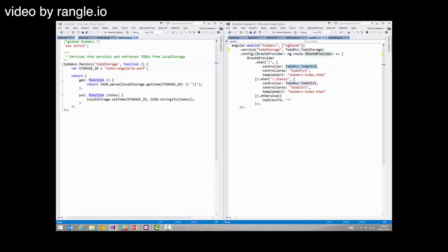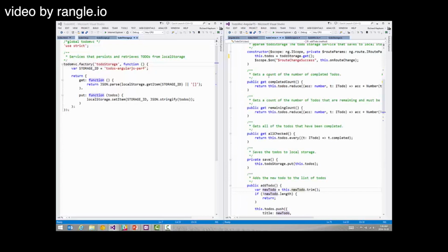So this is where we're saying the controller is the to-do MVC to-do controller, and we're using the controller as syntax. This just makes it a little bit easier to understand what's binding to what when we look at our index.html, but it also has the added benefit, if we jump back to the controller here, that